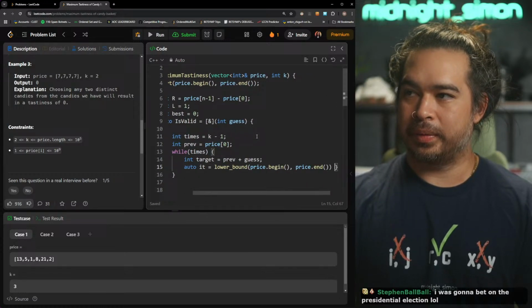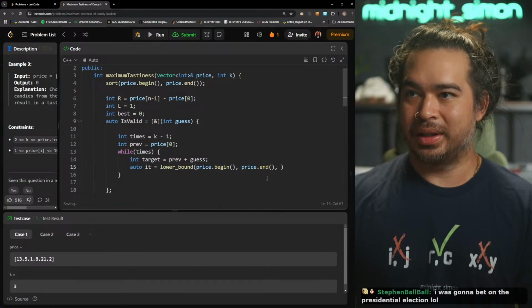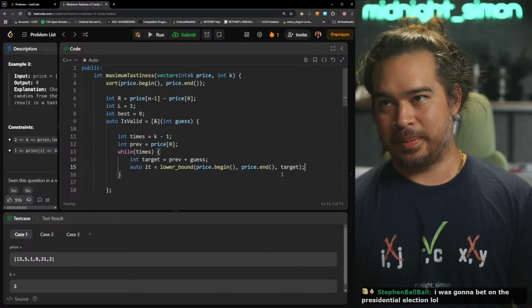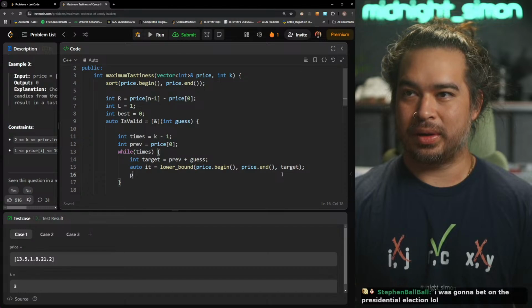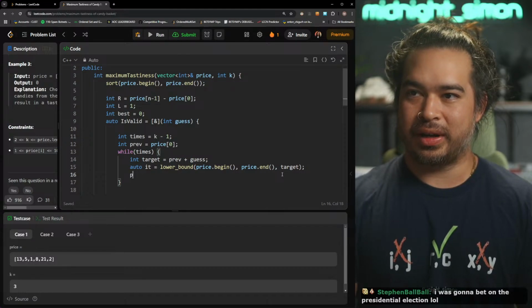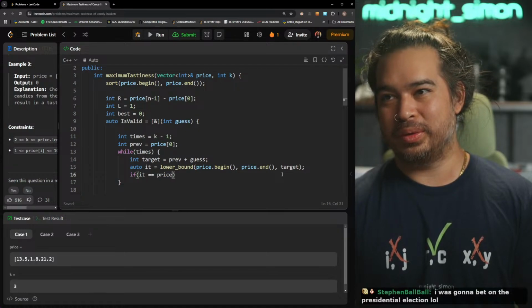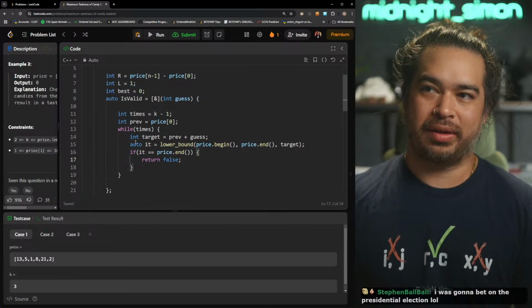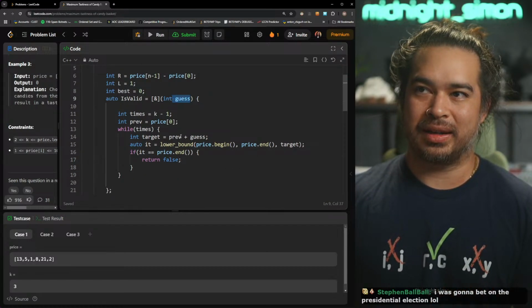Wait, what am I doing? And our target, let me make this smaller. This is our target, and then we have to take that as the previous. So now the previous becomes, well, I guess we can say if this is equal to nothing, then we can't make the array, or we can't make the basket with that tastiness.